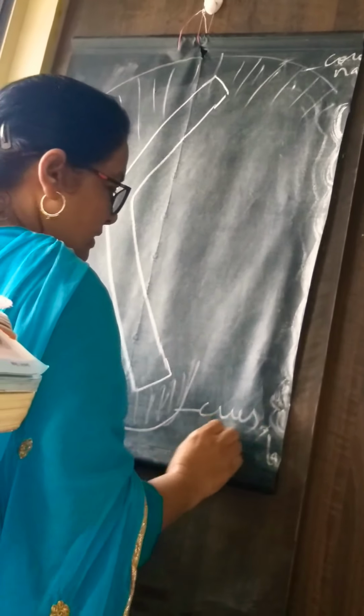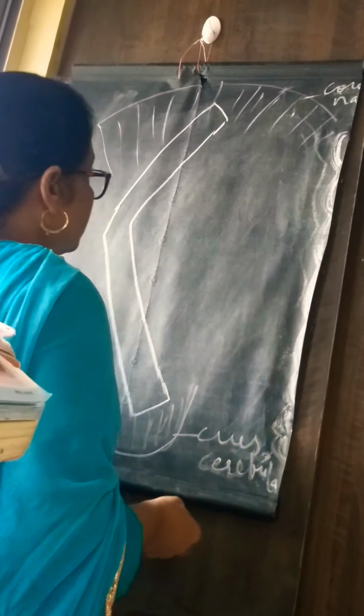So this is the corona radiata, and this is the crus cerebri. It is connected to the corona radiata superiorly and to the crus cerebri inferiorly. Now the parts of the internal capsule. The parts of the internal capsule are